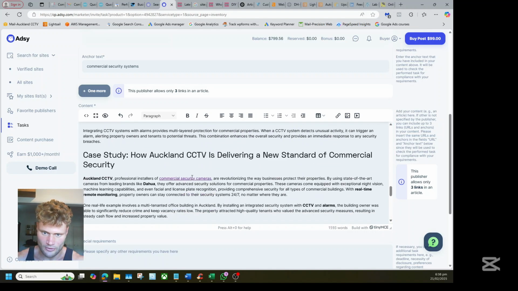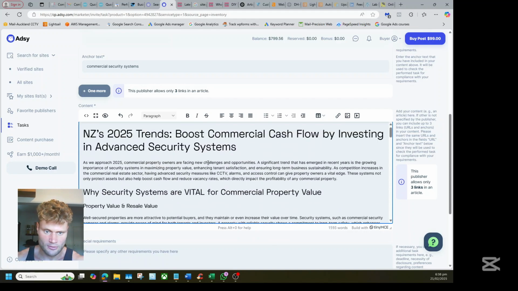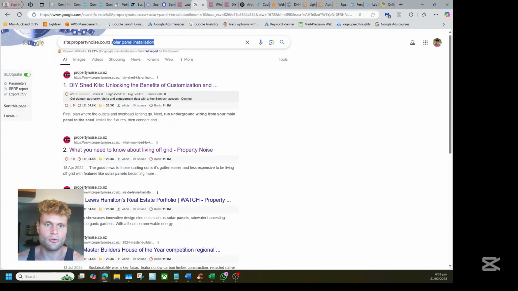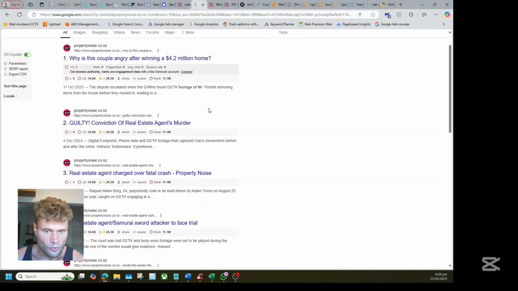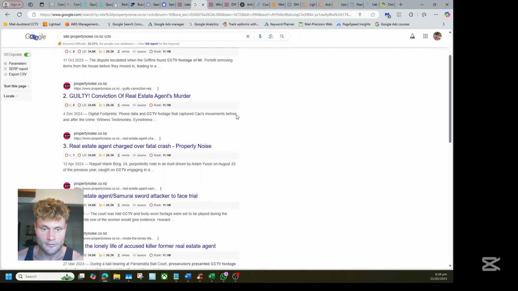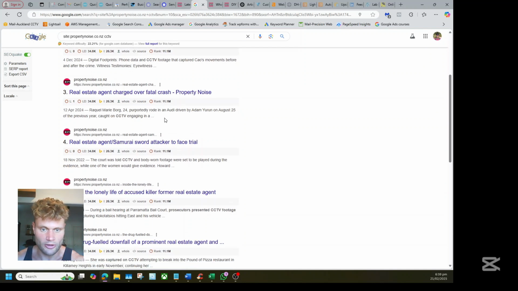So we've got one external link, and we can put in some of those links we found before for CCTV for some internal linking to make the article a bit higher quality. Google will then look at it and give it more value.